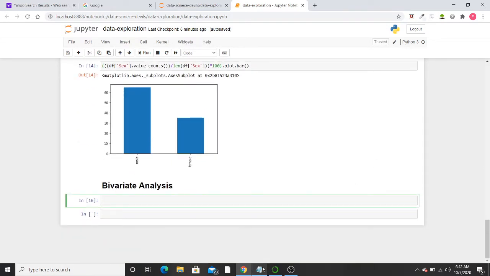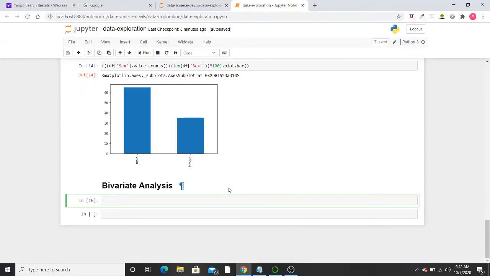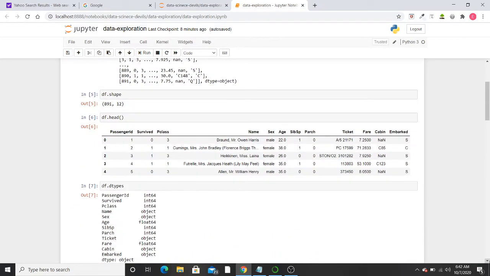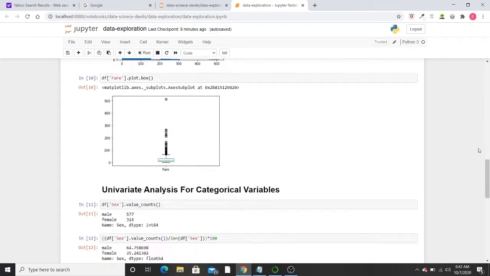Bivariate analysis. First we will cover continuous type. So in continuous type, what do we do? We generally find the correlation between two variables. How are they correlated with each other? Now, which are the two variables that we are going to select here? So, we are going to select two continuous variables, or we can say columns. So, here it is the age column and the fare column. Both are continuous in nature, as we can see a continuous range of values for both of them. So, both are continuous.